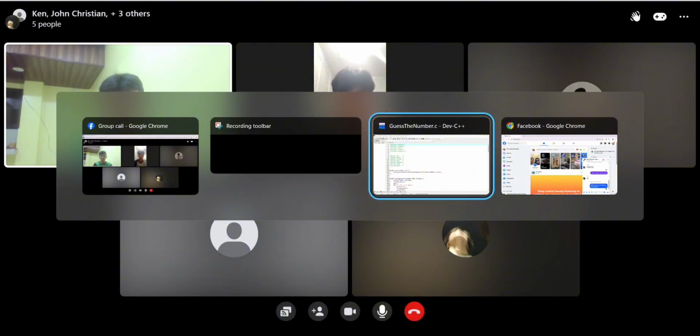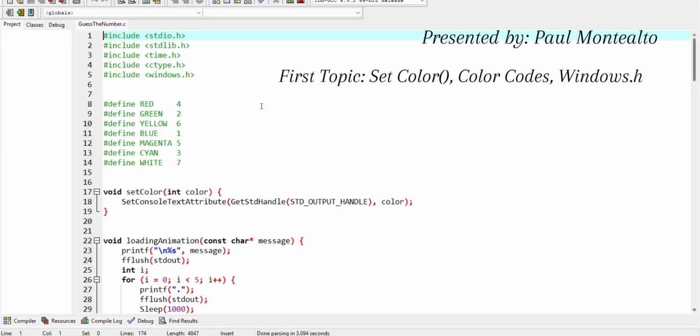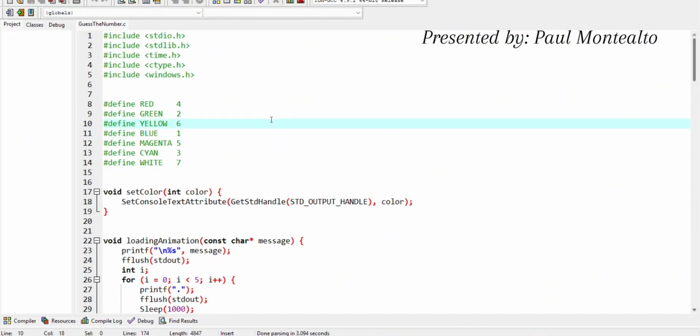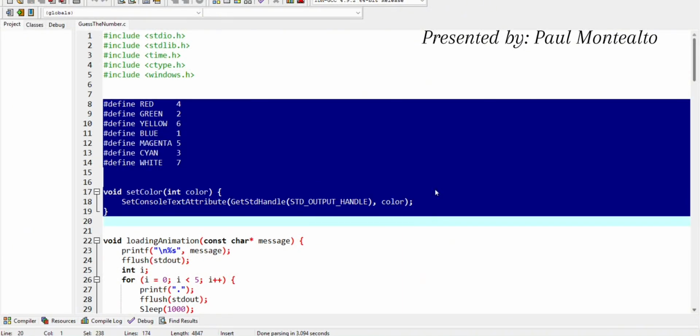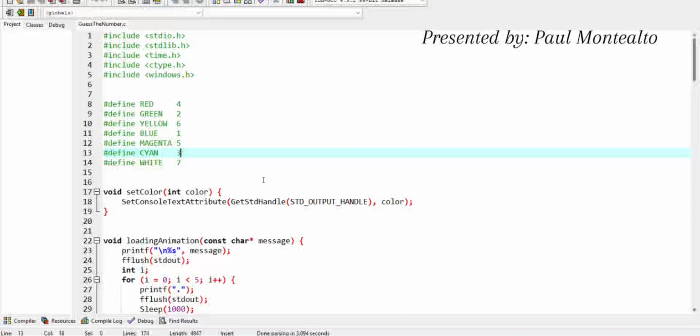Fourth topic for the day is set color, open close parentheses, color codes, and windows.h. I'm the first explainer, and I will discuss the color system used in the code. Our program uses include windows.h.